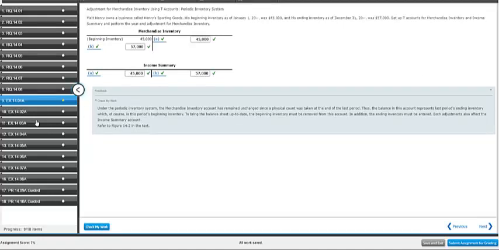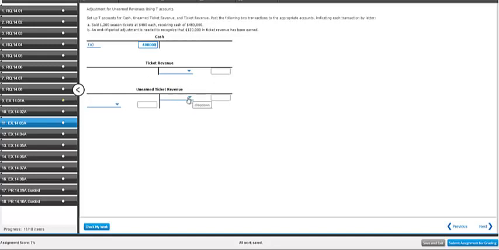Let's go to exercise 14.3, or number 11. This is an adjustment for unearned revenue using T accounts. So it says we've sold 1,200 season tickets at $400 each and received $480,000. So our first entry into the T accounts will be to record the collection of this cash. So in A, we are going to increase our cash to $480,000, and then we're going to credit unearned ticket